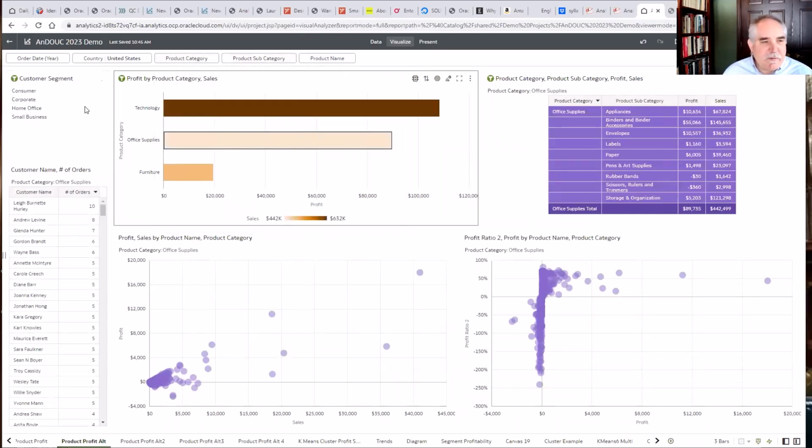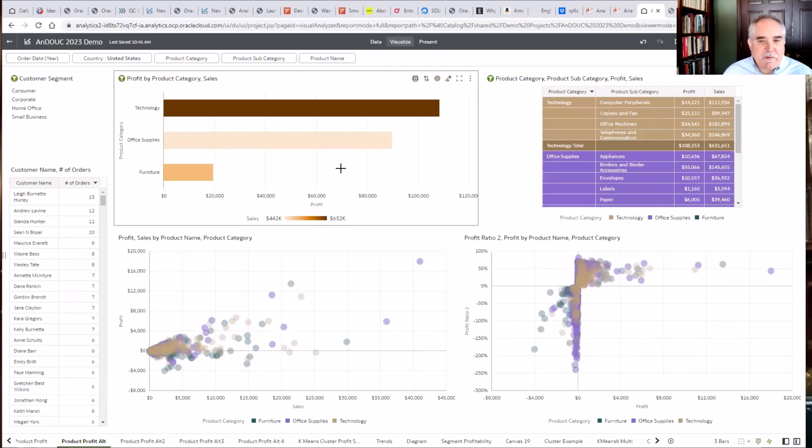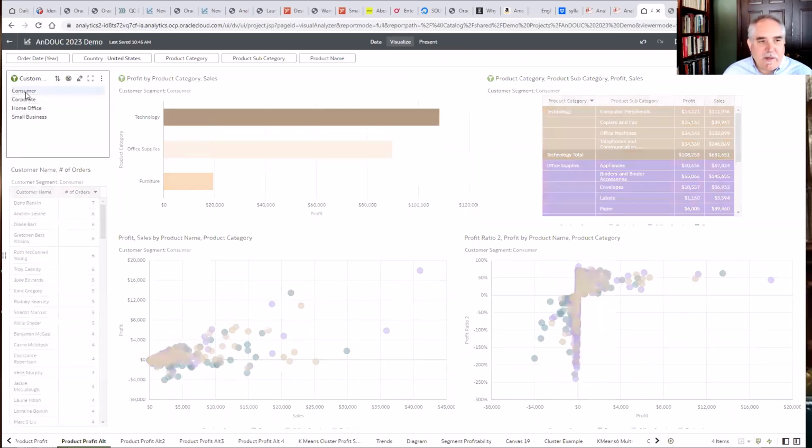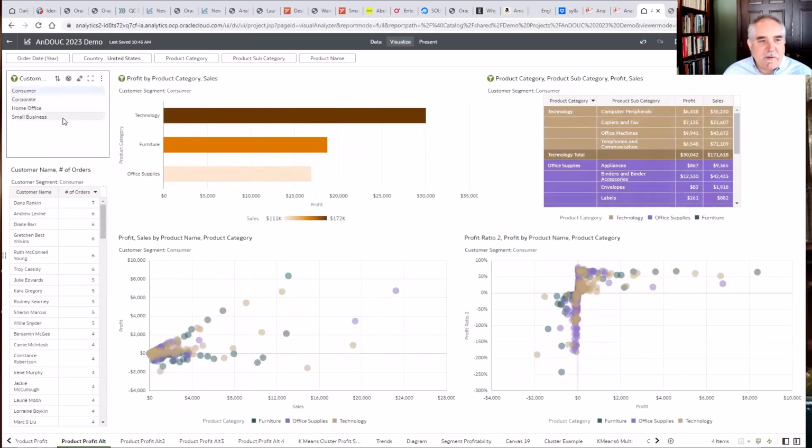So here we're actually using a list on the left so that we can make a choice if we want to look at our customer segments, for example, and look at the intersection of, okay, what are our consumers choosing? Again, we have this as a list, as a filtering device, so that we can make a choice and see all of these at the same time.